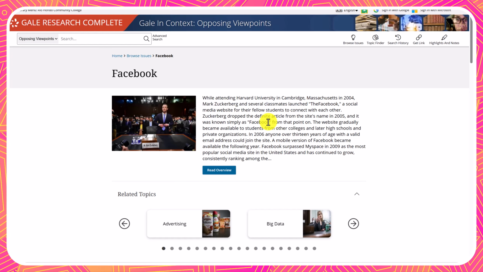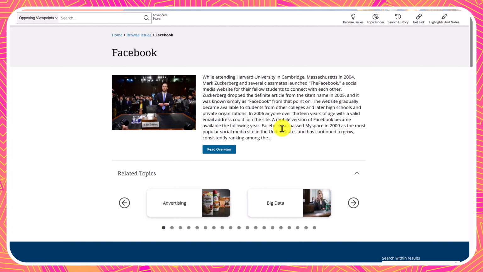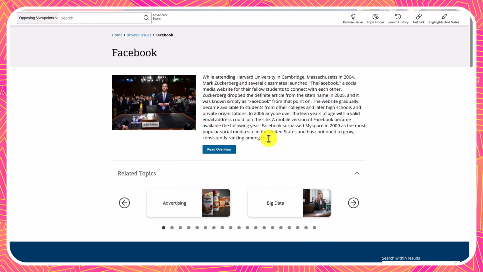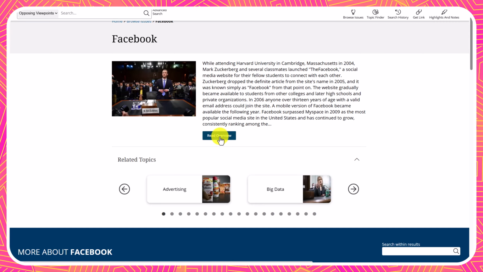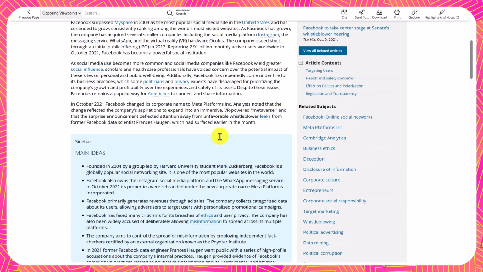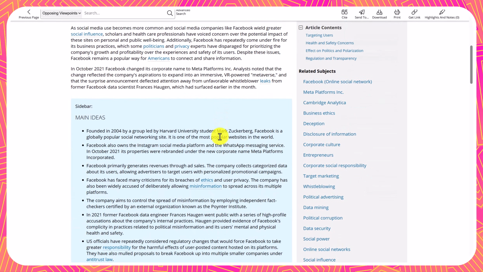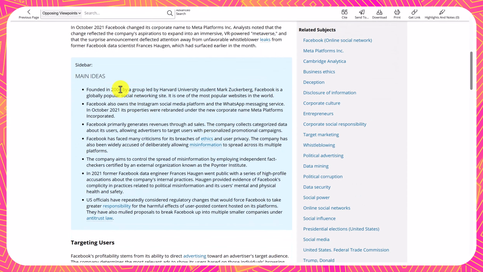And what you'll first see is a summary of this topic or issue. So this is a very brief paragraph. If you want to look at the whole overview of the topic, you would click on this button, and then it will take you into an overview of the topic as a whole. You'll see here that there are main ideas,